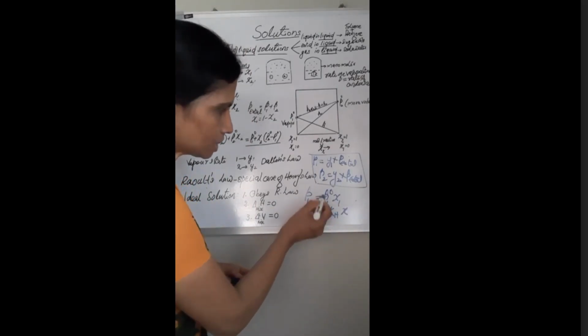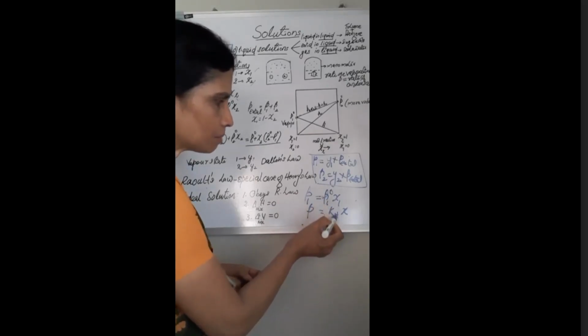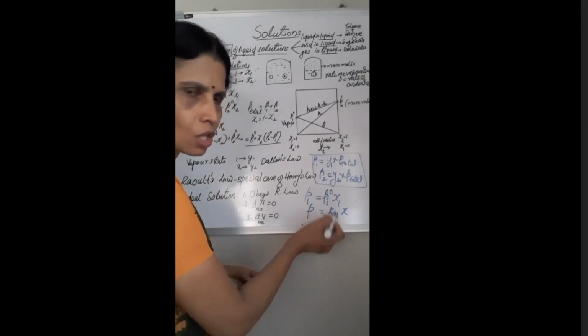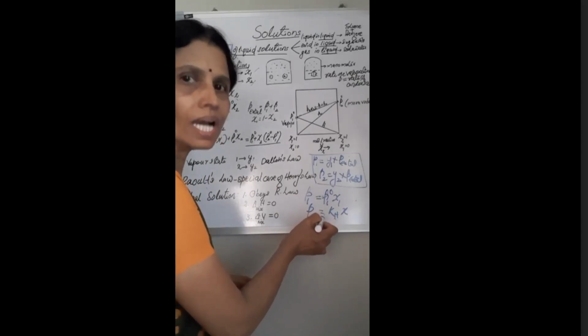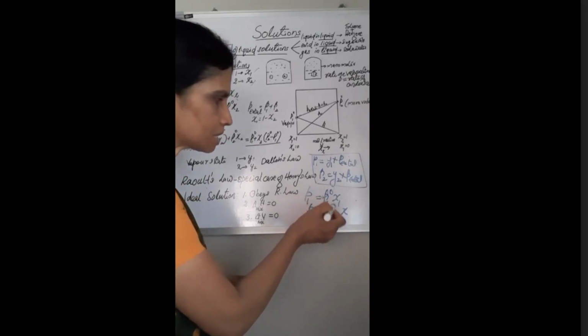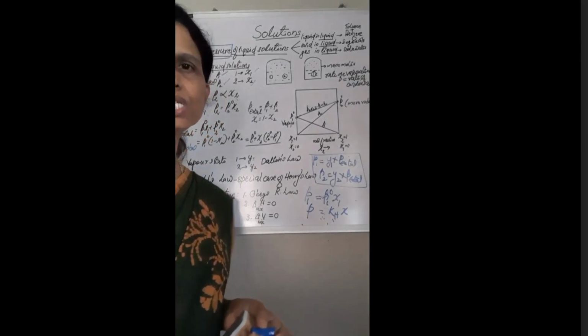Now if you compare these two equations, you will find when P10 becomes equal to Kh, Raoult's law becomes a special case of Henry's law. So Raoult's law becomes a special case of Henry's law when P10 becomes equal to Kh, that is Henry's law